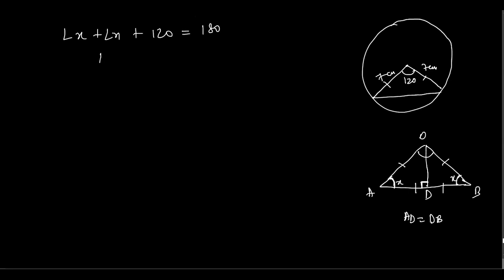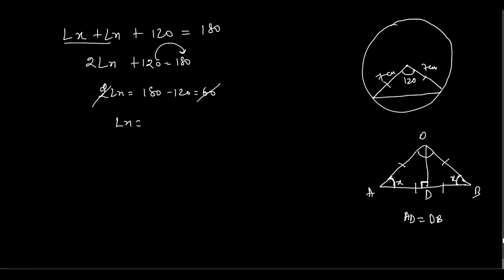So angle x would be how much? Tell me. Angle is, you have to write here 2 angle x, क्योंकि ये angle x है. So you have to write here 2 angle x plus 120 degree is equal to 180 degree. So this will go to that side, will be subtracted. You will get 2 angle x is equal to how much? That will be 180 minus 120. That will be equal to 60 degree. So you can cut it and you will get here x is equal to 30 degree.